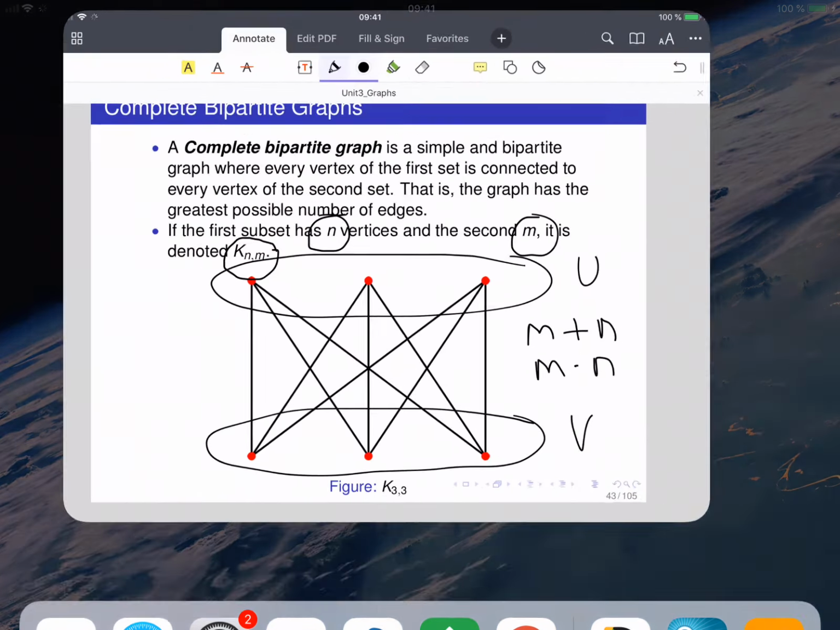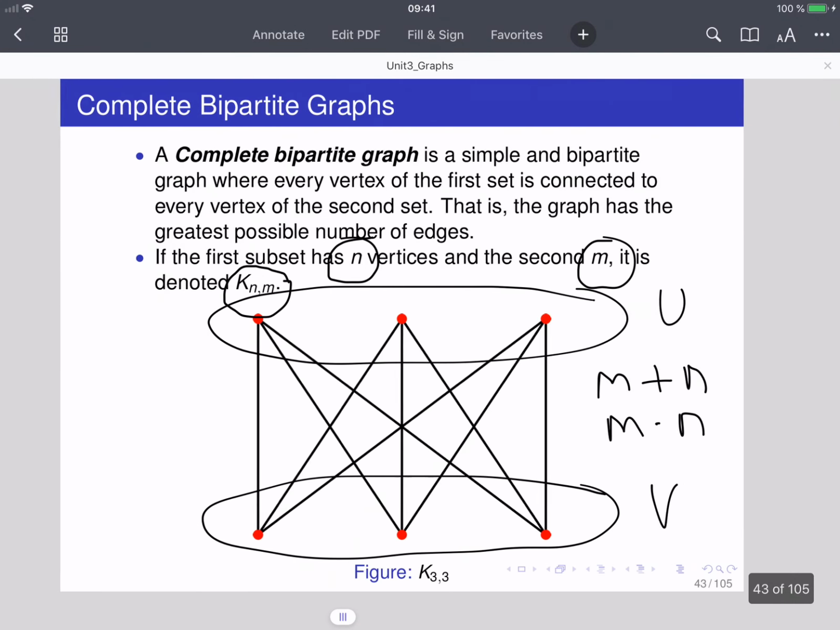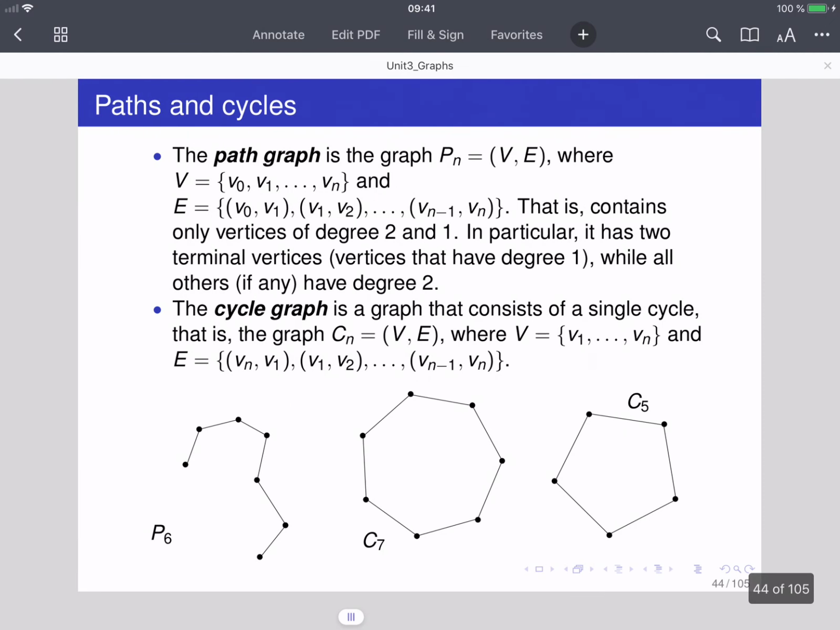Okay, so these graphs are important, as we will see, in connection to problems also of planarity and to some games that we will mention, similar to the Königsberg bridge problem. Okay, so please remember this definition of complete bipartite graphs, because it will appear again in future lectures. Okay, so let me go to a different